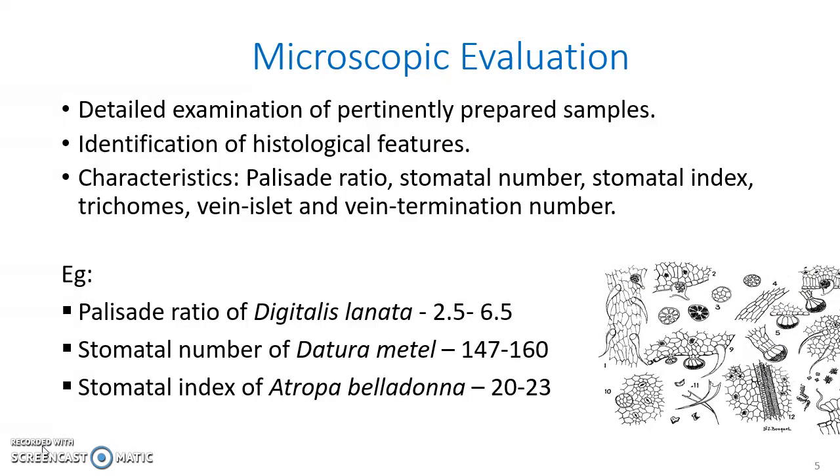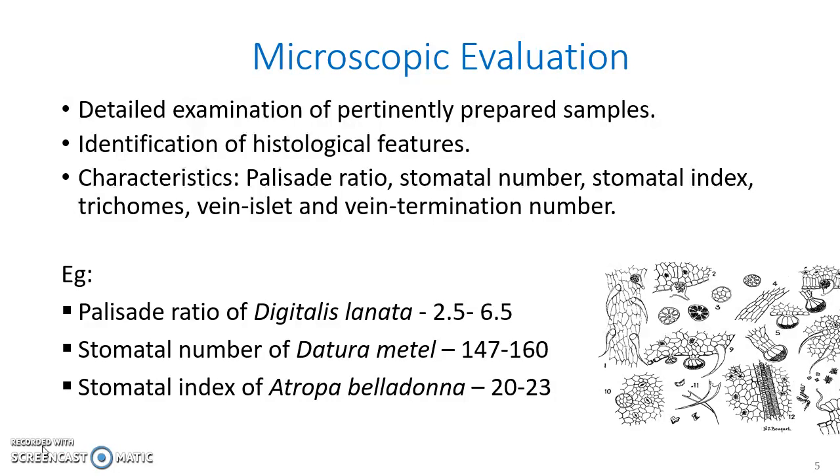In microscopic evaluation, detailed examination of carefully prepared samples like powdered and macerated samples, which can be observed through a microscope, is done for identification of histological features of the drug. Study of microscopical characteristics of organized drugs includes qualitative examination, like presence or absence of types, different types of cells, and cell constituents. In quantitative microscopy,